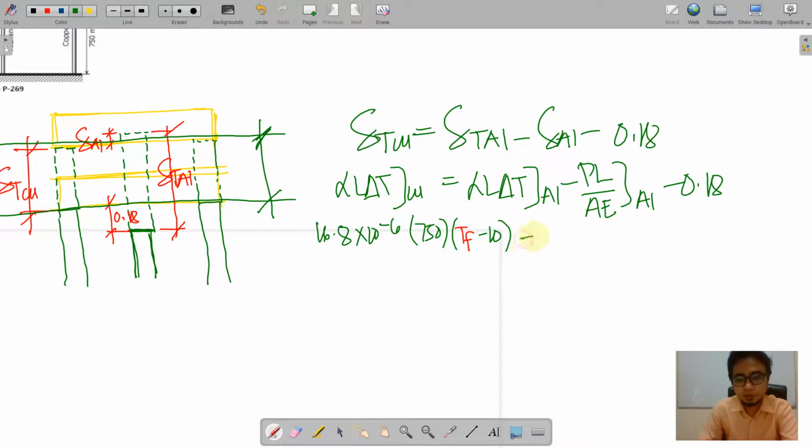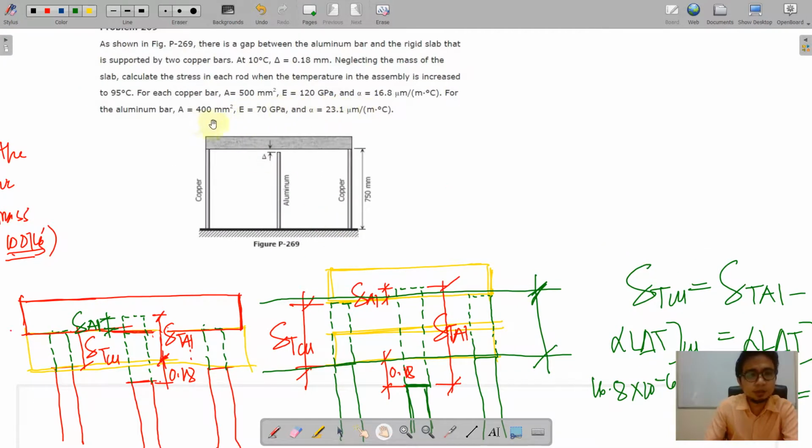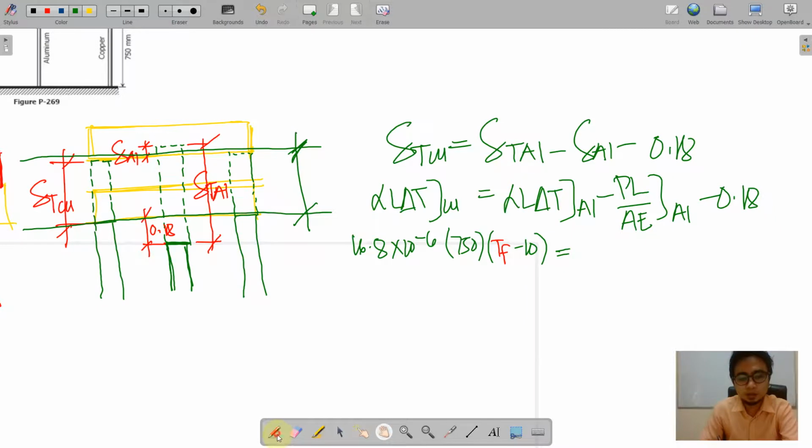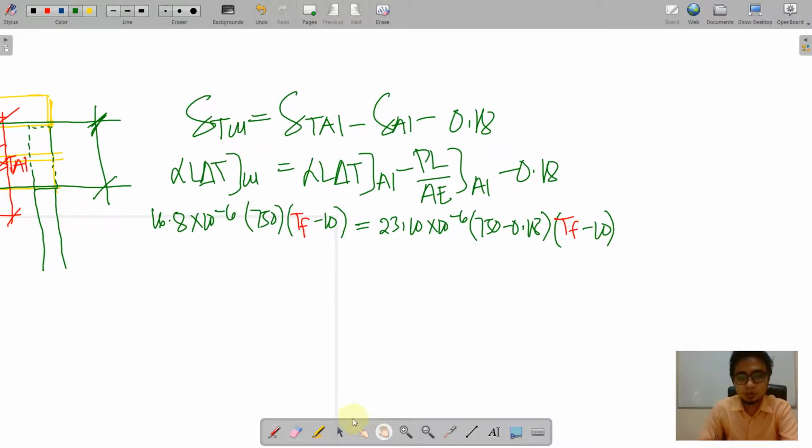So further, alpha of the aluminum is 23.1 times 10 raised to negative 6. The length is 750. We're going to deduct the short gap, minus 0.18. Delta T is final temperature less the initial 10 degrees Celsius, minus,